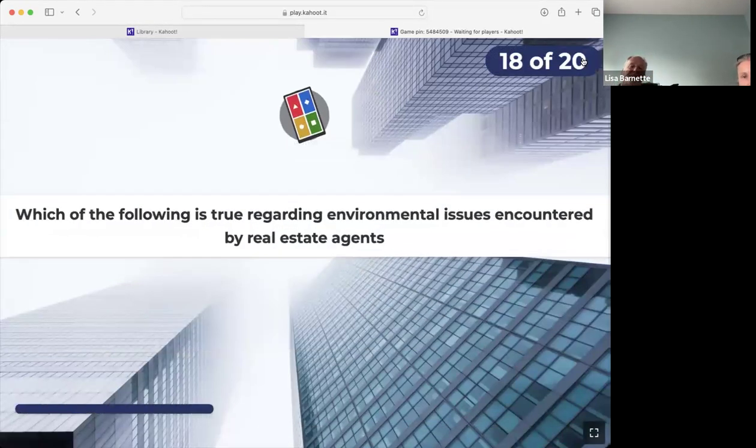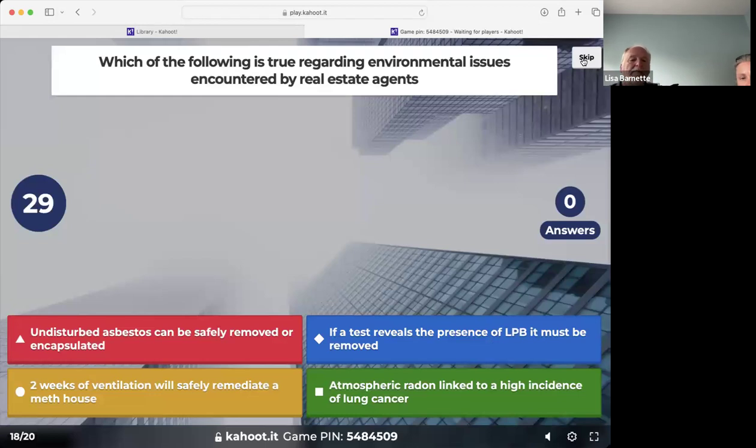Which of the following is true regarding environmental issues encountered by real estate agents? Undisturbed asbestos can be safely removed or encapsulated. If a test reveals the presence of lead-based paint, it must be removed. Two weeks of ventilation will safely remediate a meth house. Atmospheric radon is linked to a high incidence of lung cancer. Take a couple of seconds and look at those, and your answer is